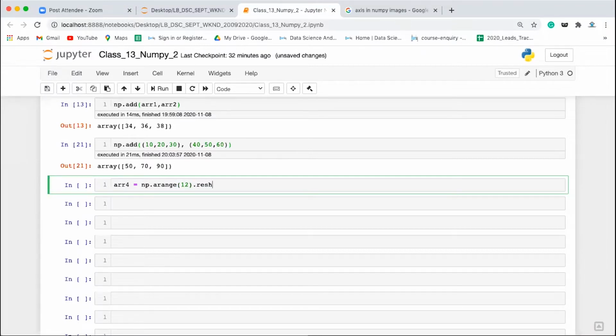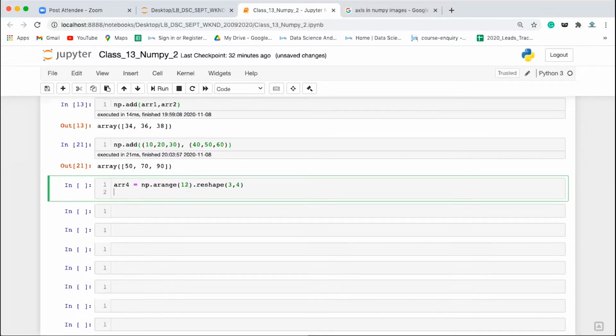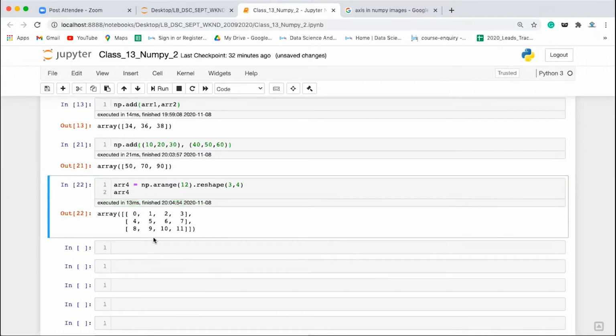Dot reshape, 3 rows and 4 columns, 3, 4. Now let's print array 4. So when you are executing it, you are going to get this number. Okay. Now what I will be doing here is